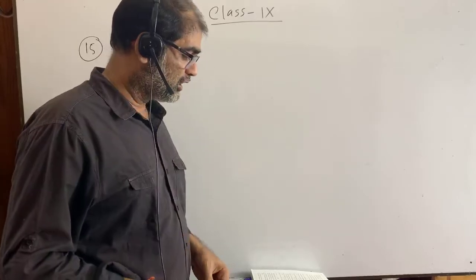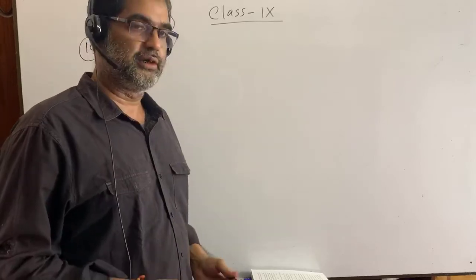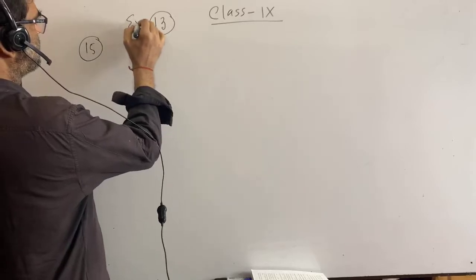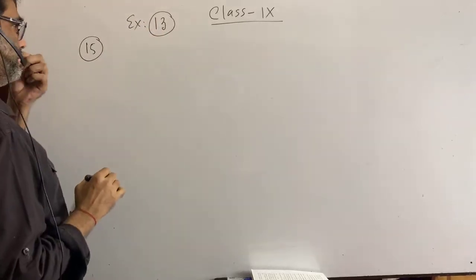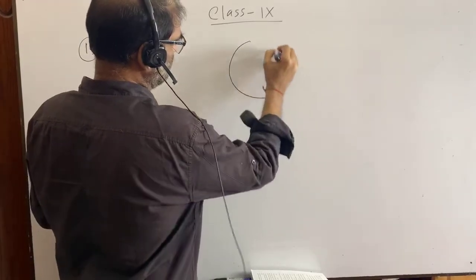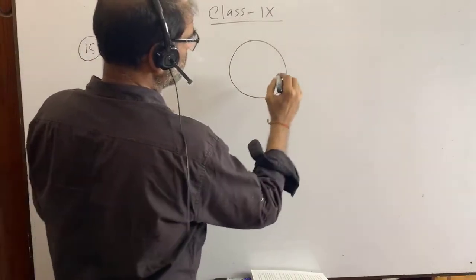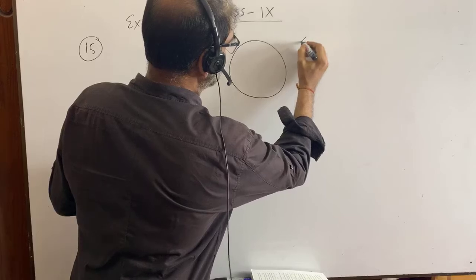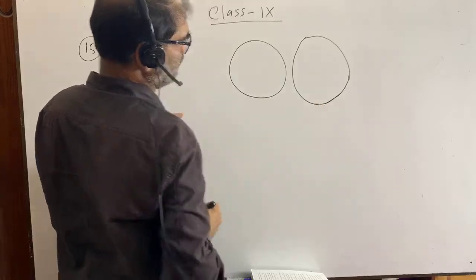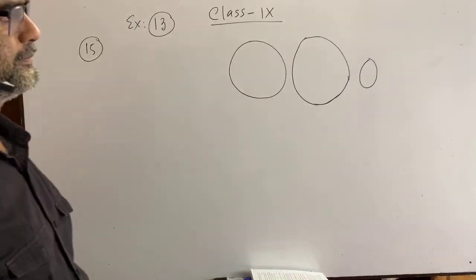3 spherical balls of glass of radii 6 centimeter, 8 centimeter, and r centimeter. Actually, what is this here? Suppose 3 balls, that means it is a spherical ball. Though I have drawn a 2-dimensional figure, it is a ball, another ball, another ball. 3 balls.